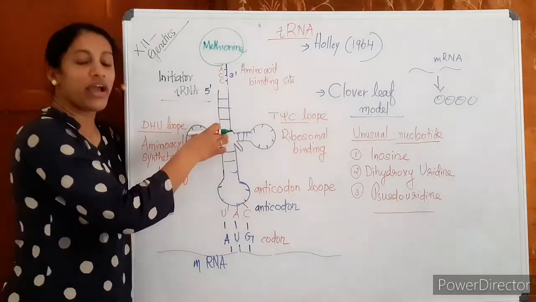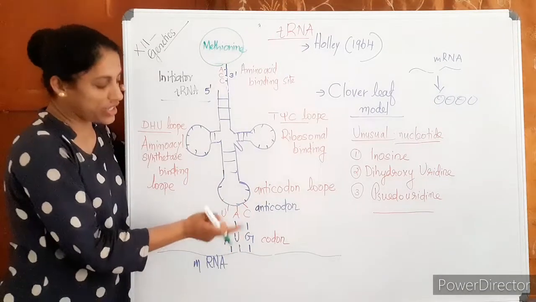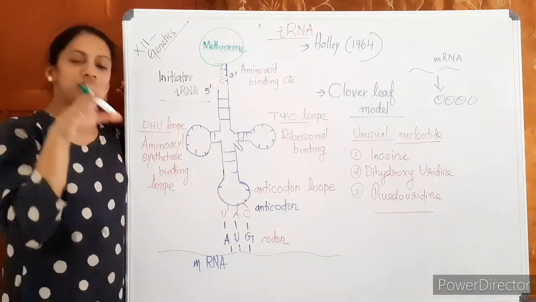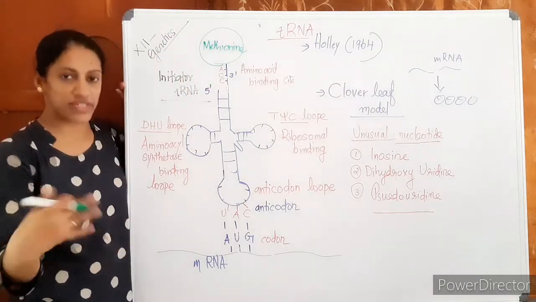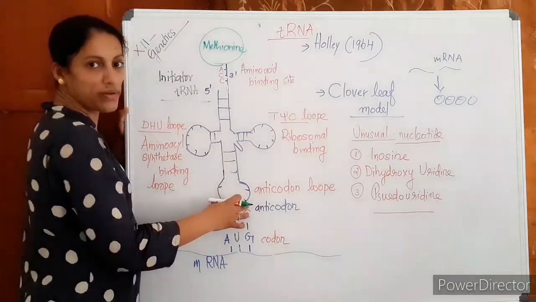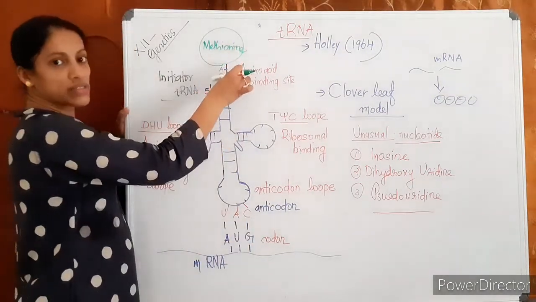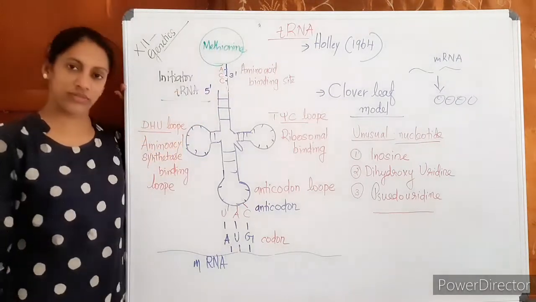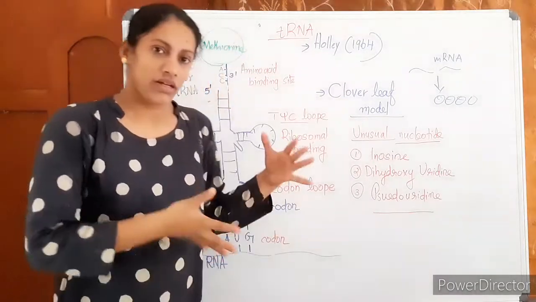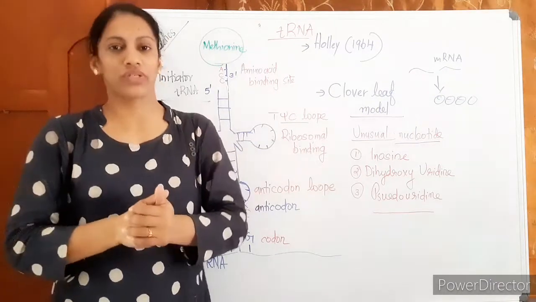So the tRNA acts as an adapter which can read the frame on one hand with the help of its anticodon and can bring the amino acid on the other hand. This is the role of tRNA in translation. Next class we will discuss more. Okay, every tRNA has an anticodon. It can bind to the codon and it has an amino acid binding site where the amino acid can be brought. Okay, this is the structure of tRNA and how it functions as an adapter, also clear, I think.